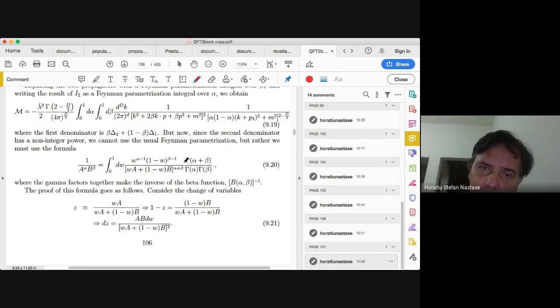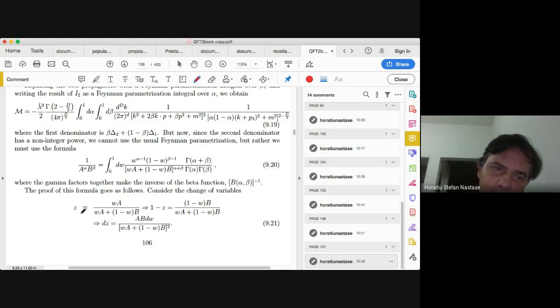Now, this constant that depends on alpha and beta is actually the inverse of the beta function. Euler gamma function is gamma of alpha, but gamma of alpha, gamma of beta divided by gamma of alpha plus beta is known as the beta function, Euler beta function, B of alpha beta. All right, so to prove this,